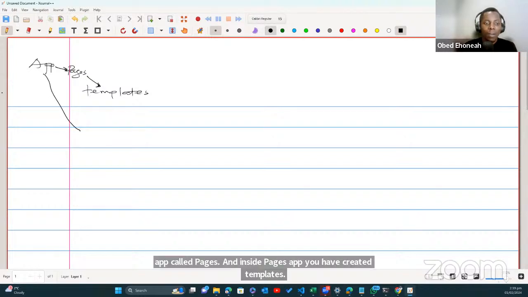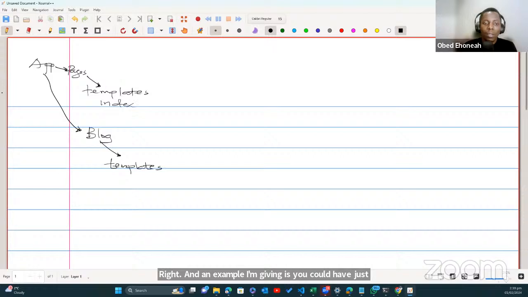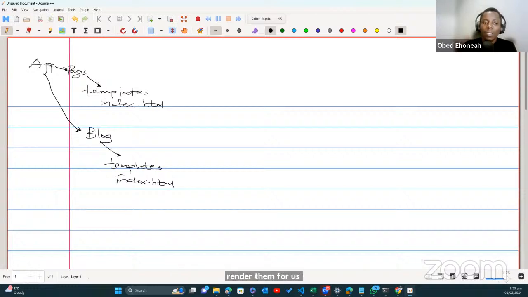In the same way, you have another app called Blog, and inside this Blog app, you have created another directory called templates. An example I'm giving is, we could have just gone into this and created index.html, and this will also have index.html. But when Django is going to put all of these things together and render them for us, the problem is that it's going to create